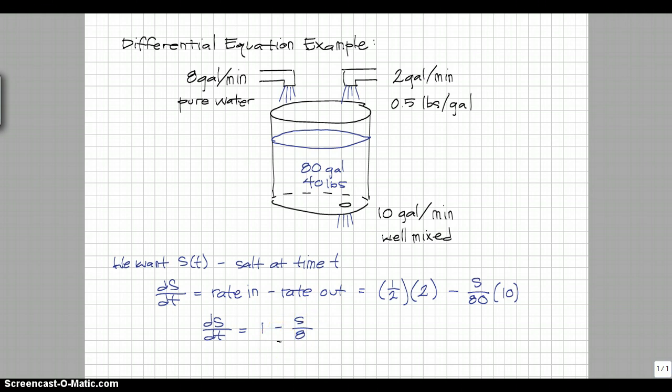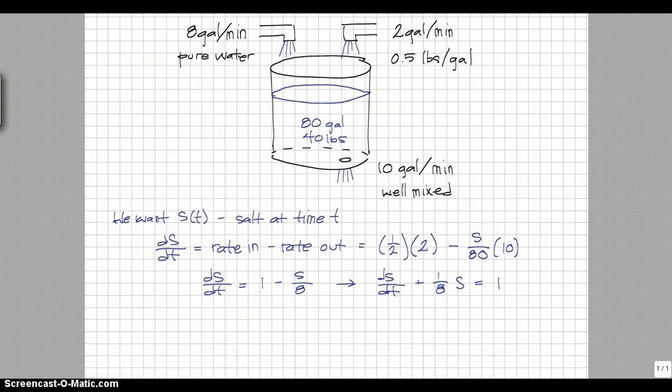This we can recognize as a linear first-order differential equation, but we may rearrange it to make it easier for us to identify the parts of this. So if we write this instead as ds/dt plus 1/8 S is equal to 1, then it matches the form